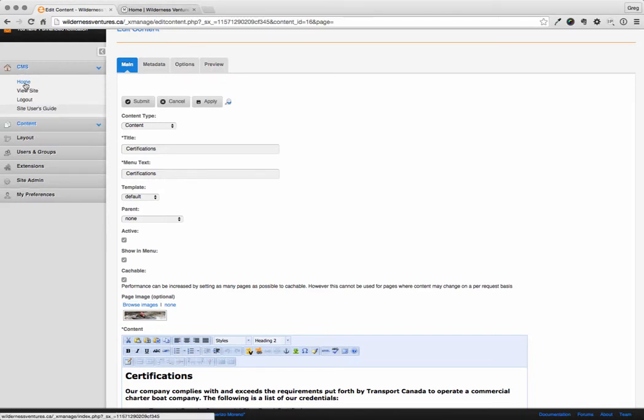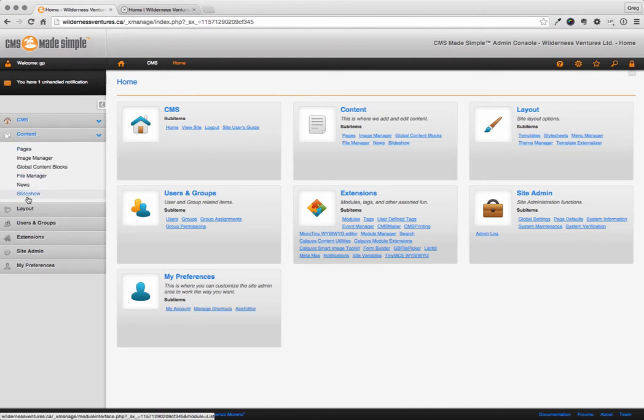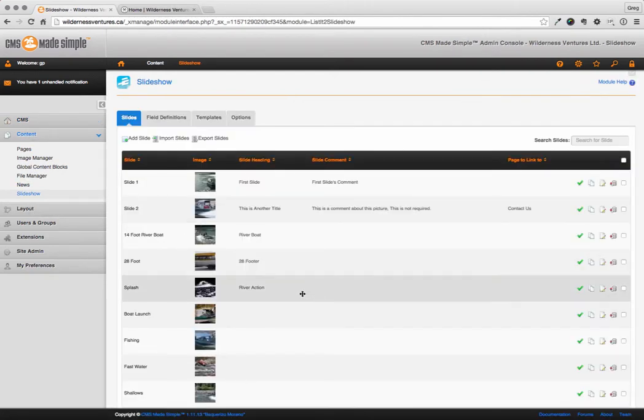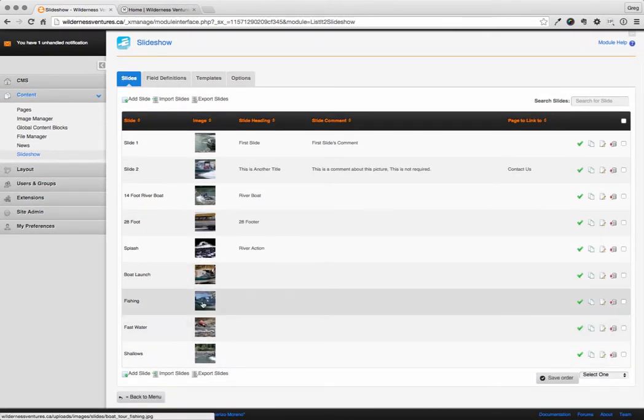Greg here. We're just taking a look at managing slides for the slideshow in the Sticky Wicket Simple sites. So we're just going to go to the spot that covers this. Under Content, Slideshow. This is just a module specifically for handling the images that are going to be loaded to